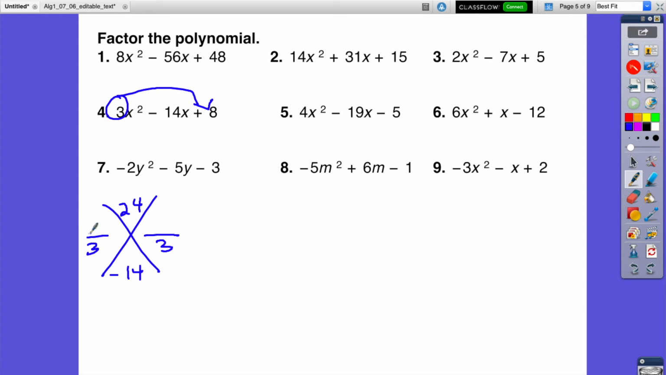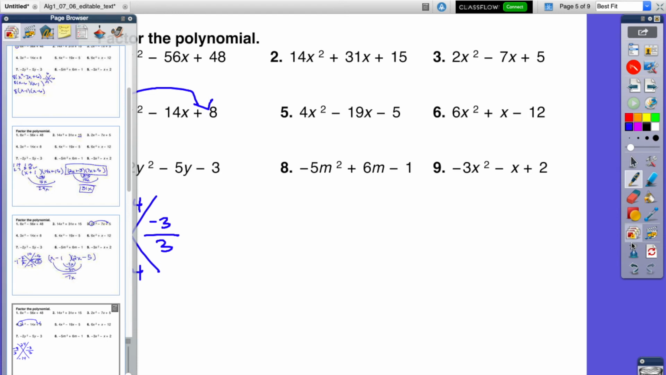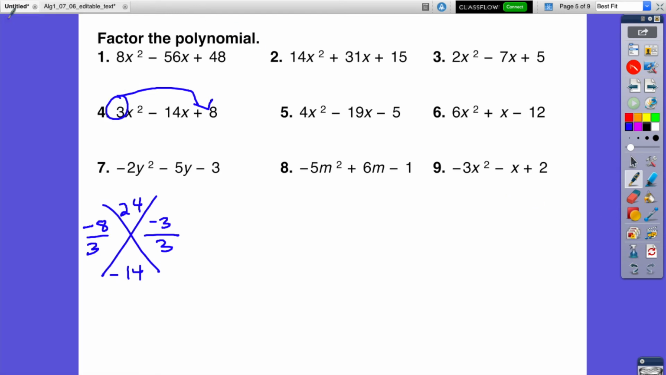Okay, let's try another one. Negative 8 and negative 3. Does that make negative 14? No, it does not. Okay, let's try another pair. Oops, sorry. Close out of that and undo those. Okay, so let's try